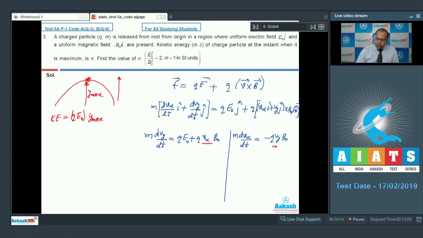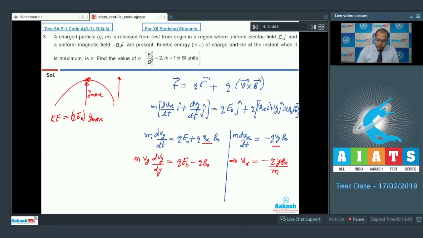If I write Vy as dy by dt, then from here on integration I get the value of Vx. That comes out to be minus q y into B0 divided by m. If I substitute the value of Vx here, then I get the equation m into dvy by dt. I am writing it this way: I am multiplying and dividing this equation by dy. So dy by dt is Vy, so it can be written as m into Vy into dvy by dy, that is equal to q into E0